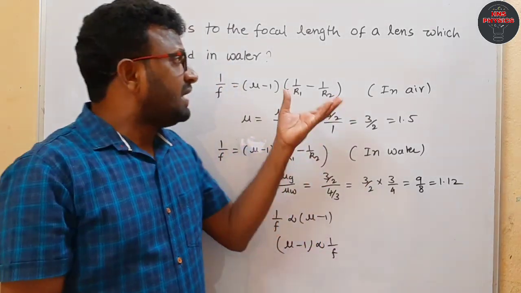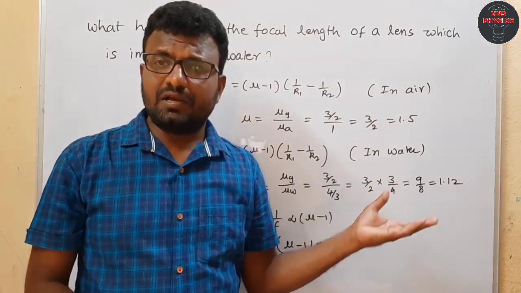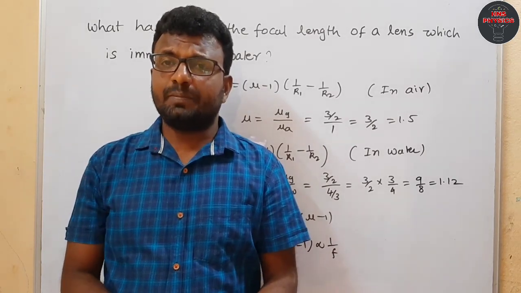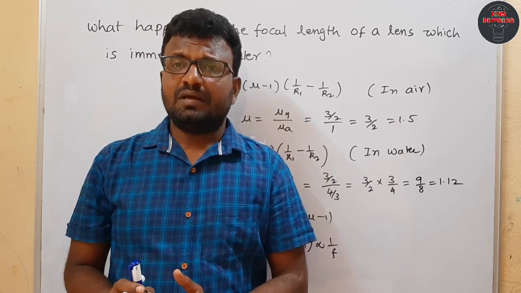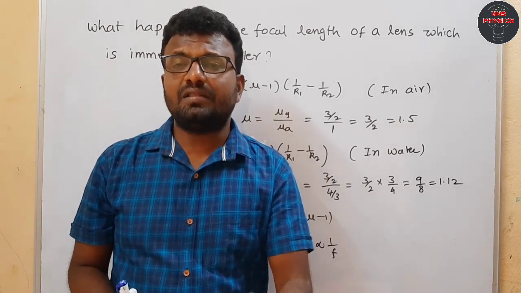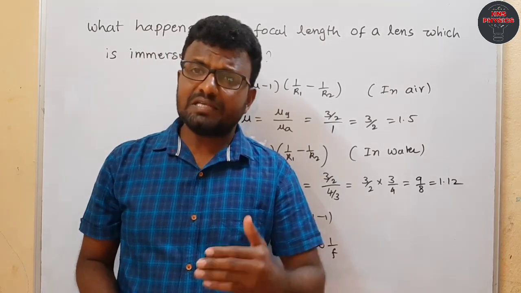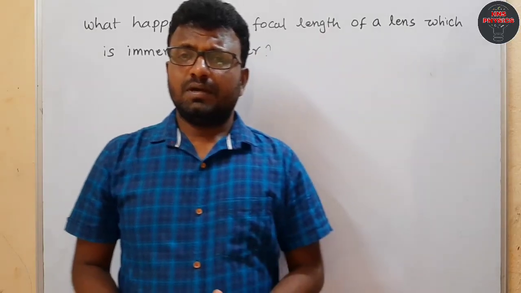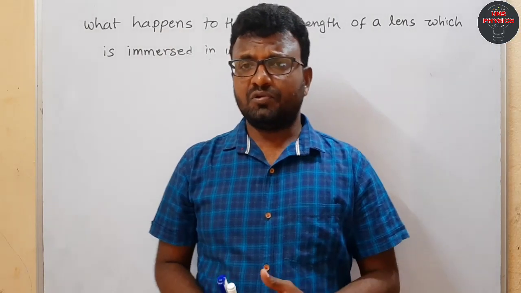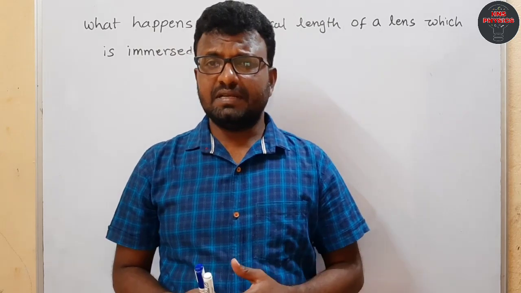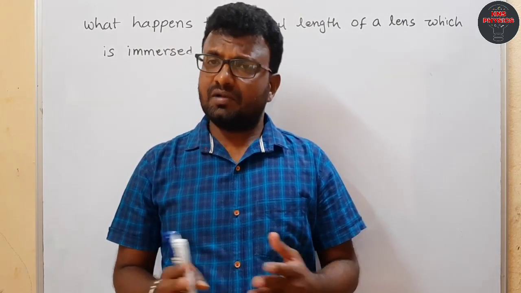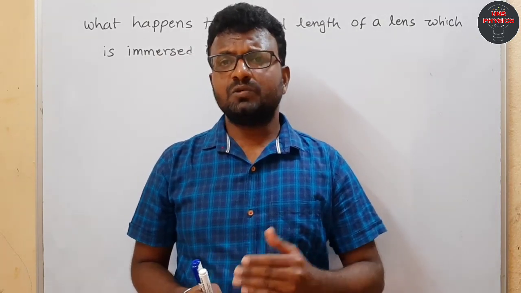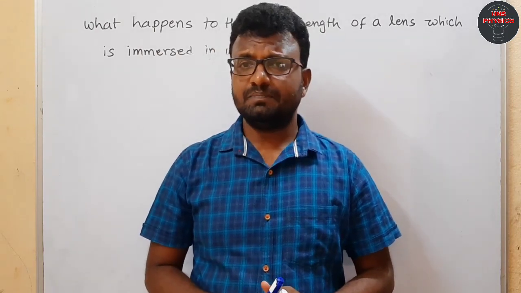So whether it is a convex lens or concave lens, when it is immersed inside the water, its focal length increases. That means the water has an effect on the focal length of the lens. Based upon this, there is one activity in 10th class. To make this activity, we require a few things: a cylindrical vessel, a black stone, a convex lens, a circular lens holder, and finally water. By using these things, we can make the activity.